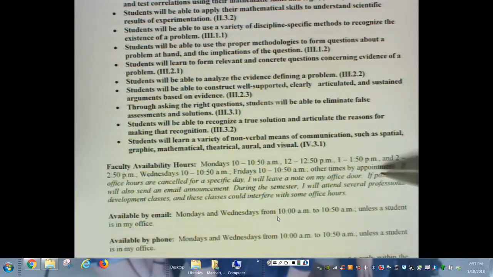We will communicate through the email so that we can come up with an opportunity for us to be able to meet in my office. You can be guaranteed to be able to get in touch with me through email, through office phone, and these are the times. I always respond to emails. I may not have the answer that you're looking for, but I do respond and let you know that I know you contacted me.